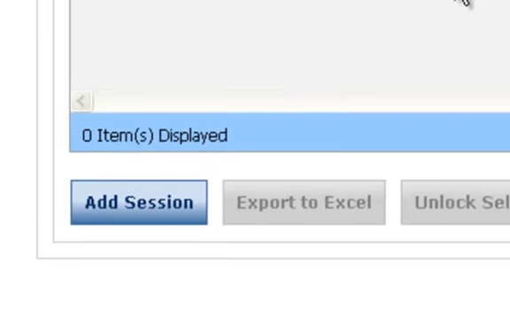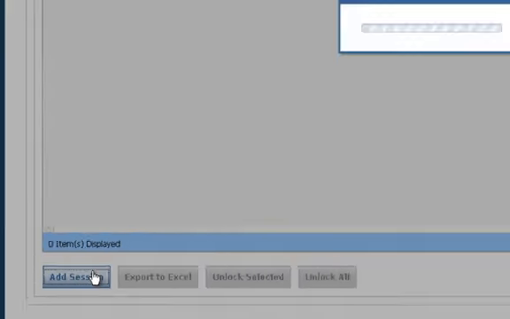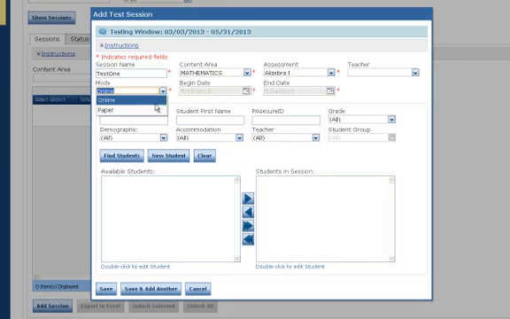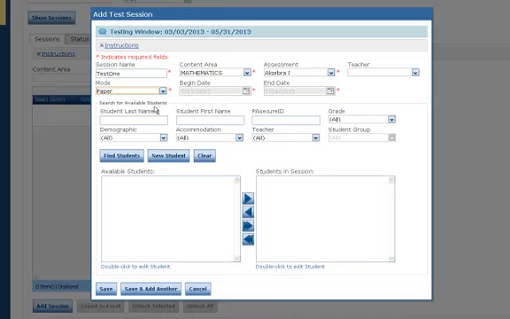At the bottom of the screen, click Add Session. This brings up the Add Test Session dialog box. First thing you do is give this session a session name. Make sure you choose the correct content area, for example, mathematics, and then the correct assessment, for example, Algebra 1. Next, choose the mode. In order to get pre-code labels for the Keystone exams, you will need to choose the